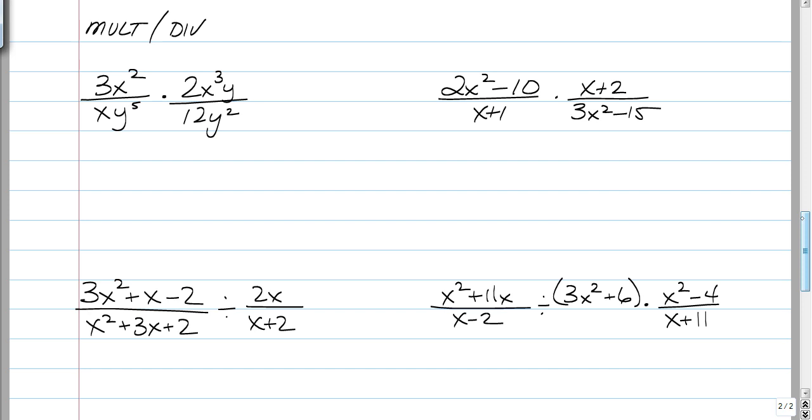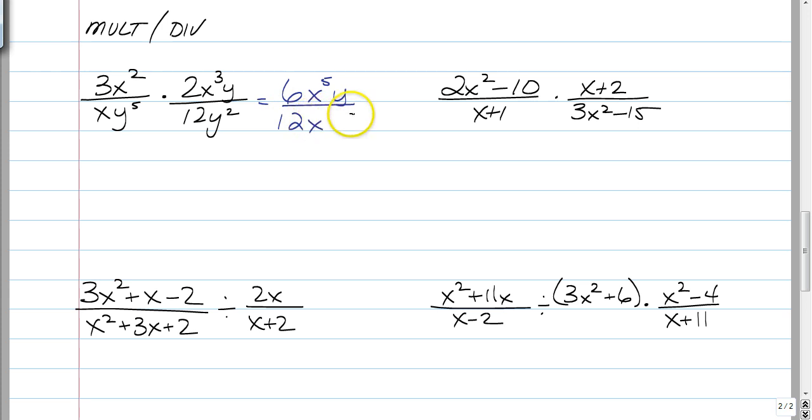Multiplying and dividing are essentially the same thing, as you'll see in just a minute. So let's start with a review problem where we were multiplying with exponents, and just to give you an idea how similar they are. Back in the day when we had multiple exponents like this, we would just multiply across the top. So 3 times 2 is 6, and x squared times x cubed is x to the 5th, and y is all by itself, over 1 times 12 is 12,